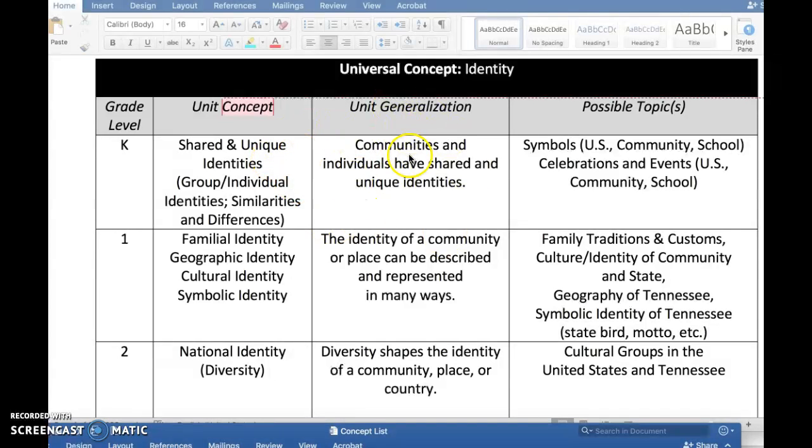And the idea that communities like us as a classroom community, a school community, our broader community, the city that we live in, even if you wanted to touch a little bit on our nation and the things that all U.S. citizens or all people who live in the United States share, and what's unique about us, you could touch on that as well within or beyond the topics that are already suggested in the kindergarten standards.